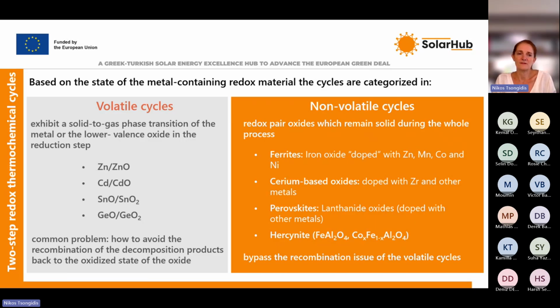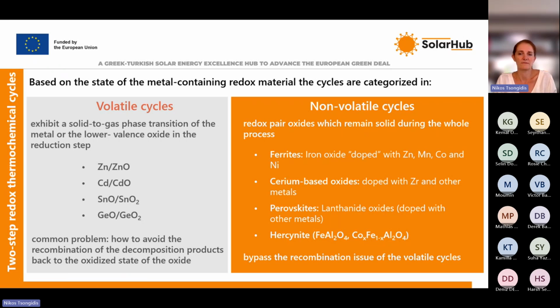In the volatile process, the problem is that there may be a case where we have a recombination of the products, the metal that is produced and the oxygen, and there will be a problem of separating the oxygen that is produced and the other products from the solid state. In order to avoid this separation issue,